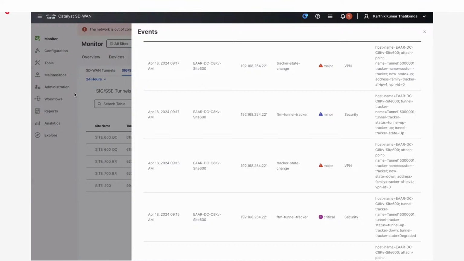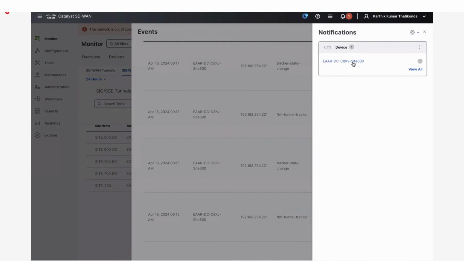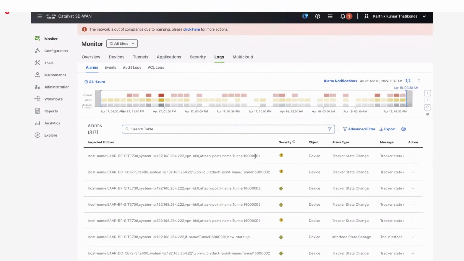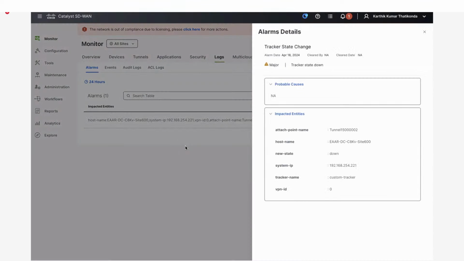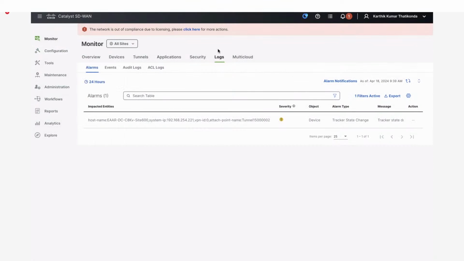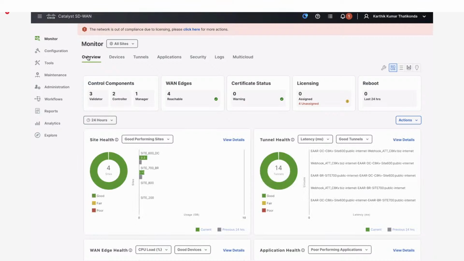So now let me go, yeah, you can also go here if you want to see the logs. This is another way to see your logs. You can see what the tracker state changes are, and the host name, the system IP, and the tracker name. I have a custom tracker, so this was the alarm you can see. And you can also go to the overview here,